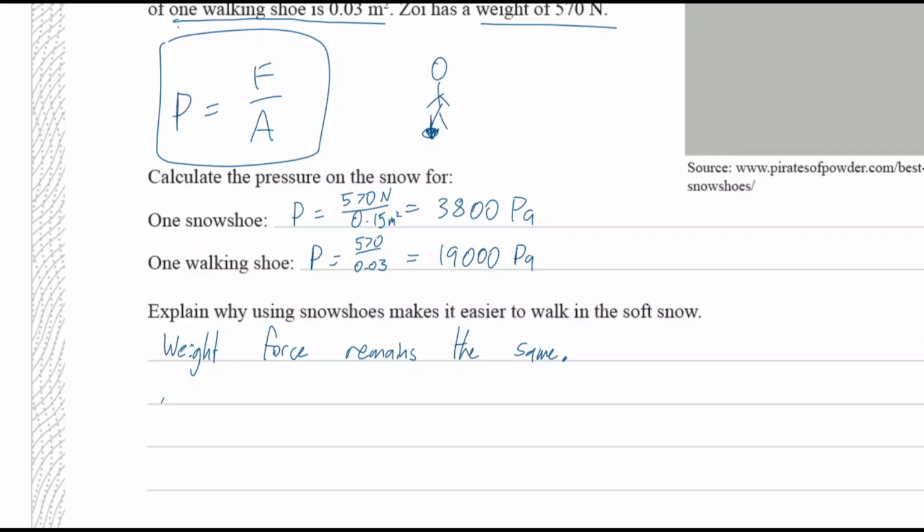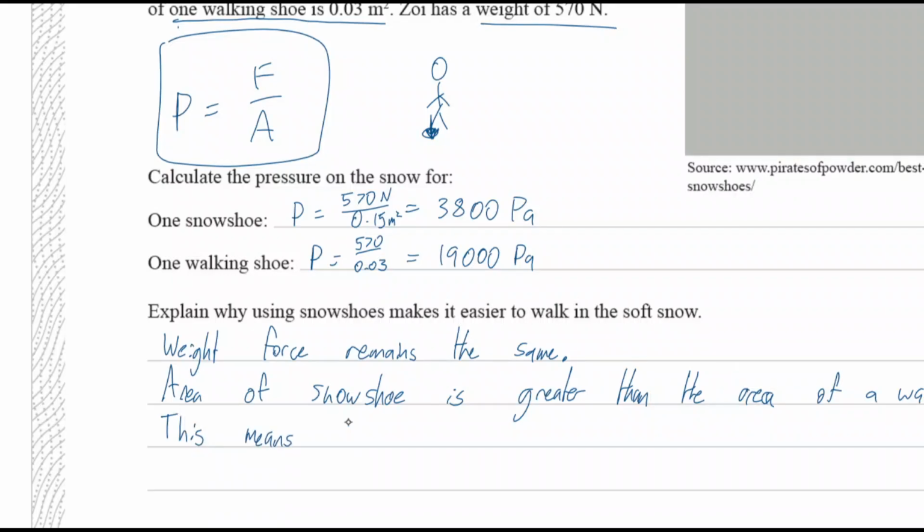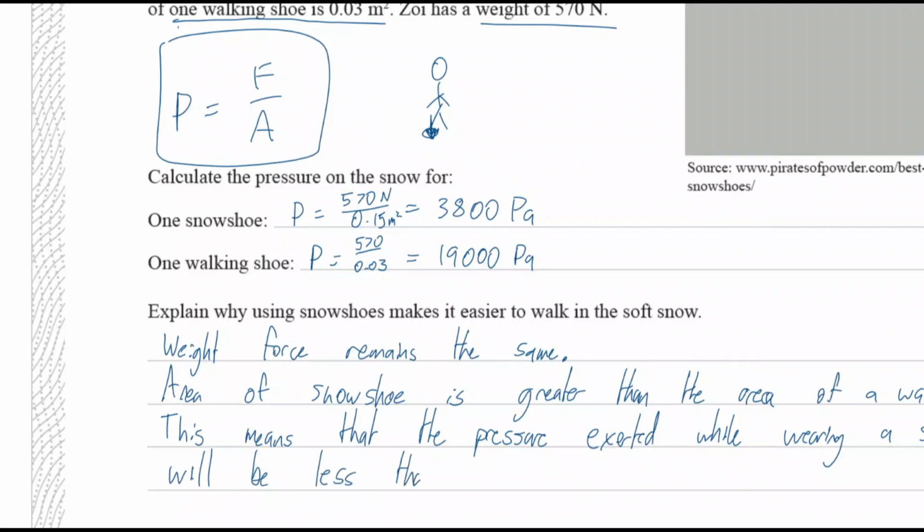Okay, so area of snowshoe is greater than the area of a walking shoe. Yep, makes sense. This means that the pressure exerted while wearing a snowshoe will be less than a walking shoe